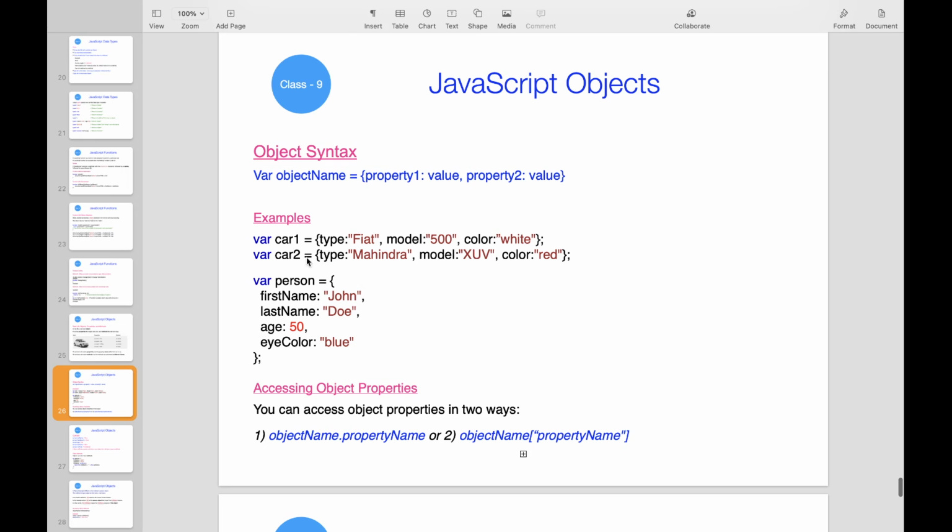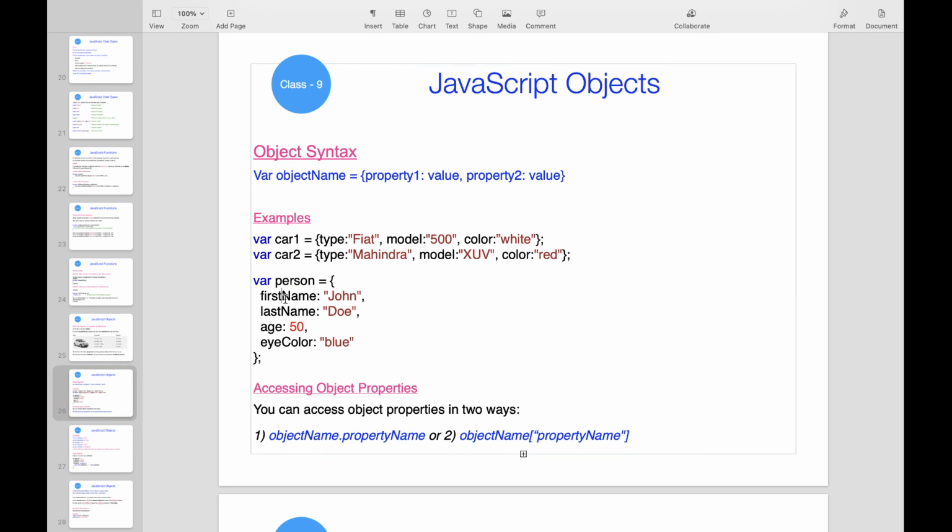Here I have taken 2 cars. Both cars will have all these 3 properties: type, model, color. If you take a person object, these are the properties: first name, last name, whatever known properties, all those properties we can combine and write as an object. And how can we access them?